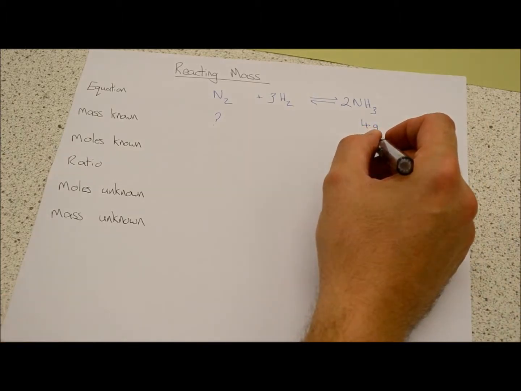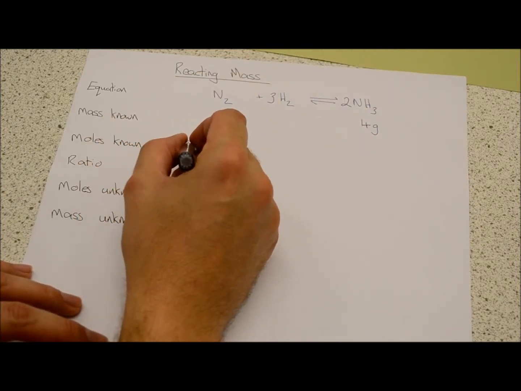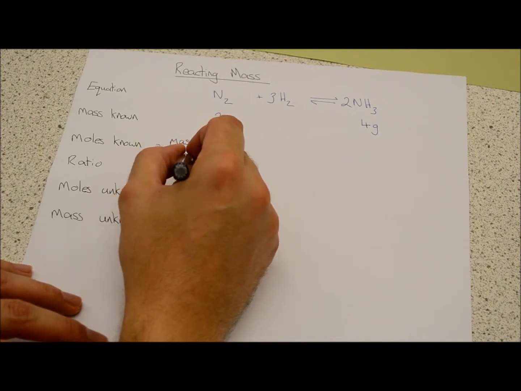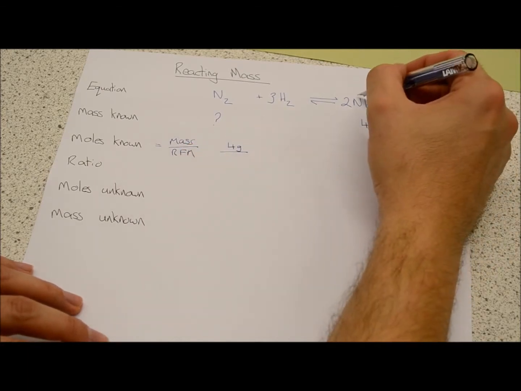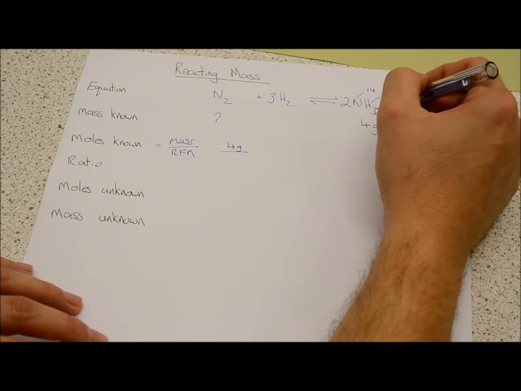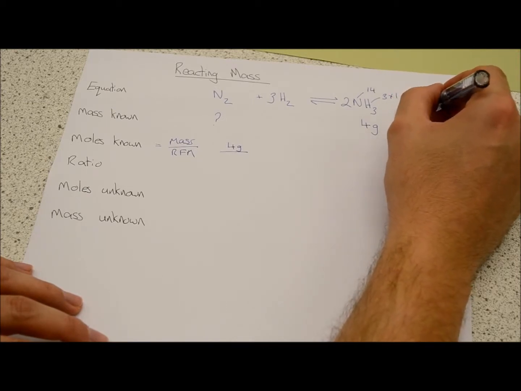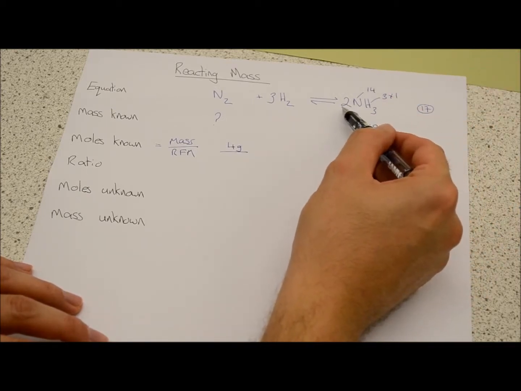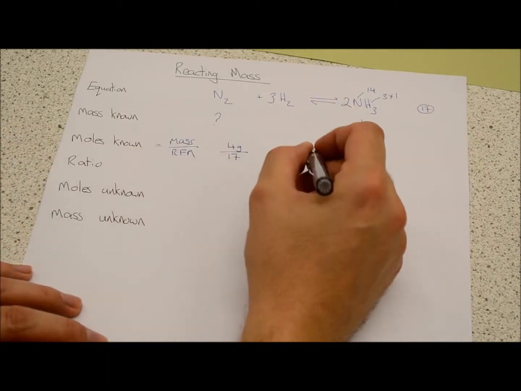Now we need to convert that into moles, and the number of moles is equal to mass divided by relative formula mass. So here it's 4 grams divided by, and nitrogen is 14, and hydrogen is 3 lots of 1. The 3 comes from the fact there are 3 hydrogens there. So that gives us a total of 17. Do not use this number 2 to double it up at this point. That's just confusing. This number in the front of the molecule only appears when we do the ratio. So the relative formula mass is 17, which gives us an answer of